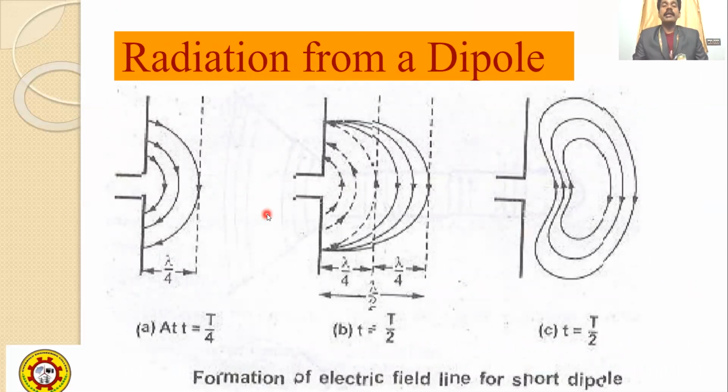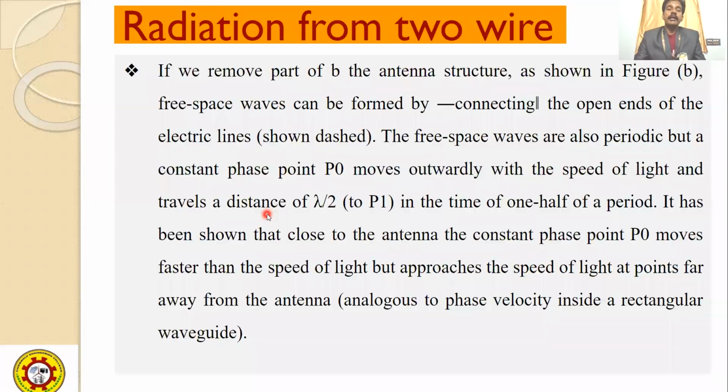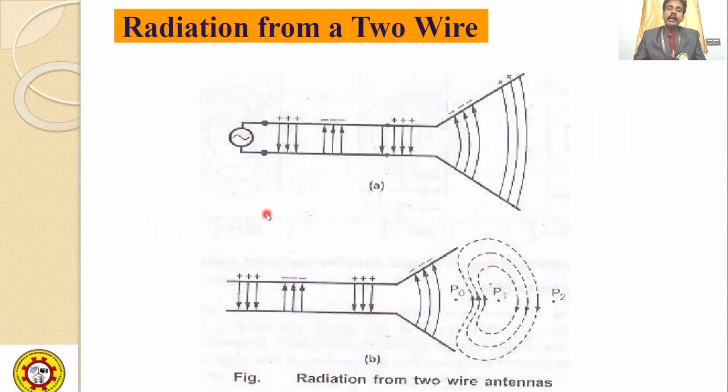This type of commercial dipole is very popular, and in our upcoming lectures we will design a simple dipole antenna from a student's point of view and discuss the properties of this dipole. Finally, for the radiation mechanism, there may be a single wire, two wires, or a dipole. The radiation is simply the net force excited from a given component like an antenna, in the shape of a single wire, two wires, or a dipole.